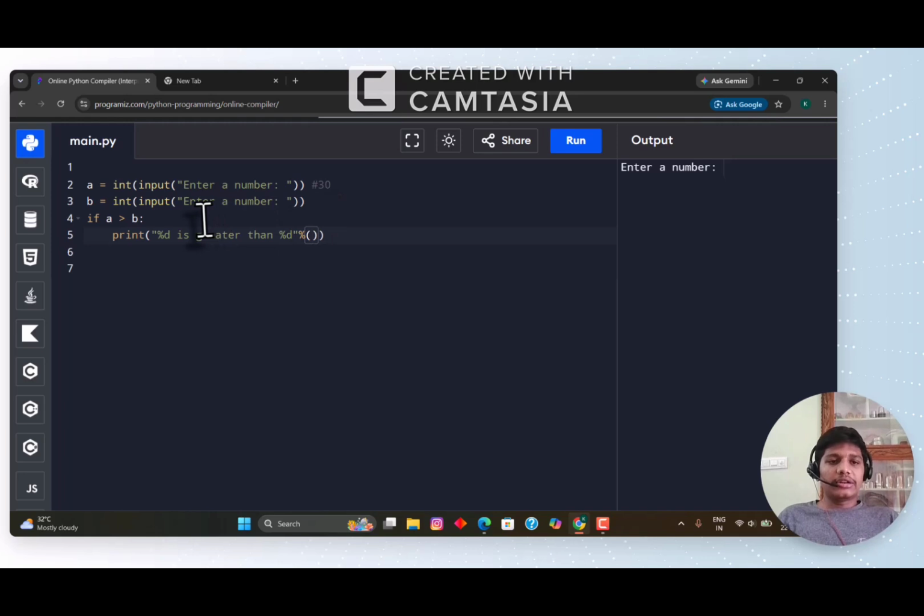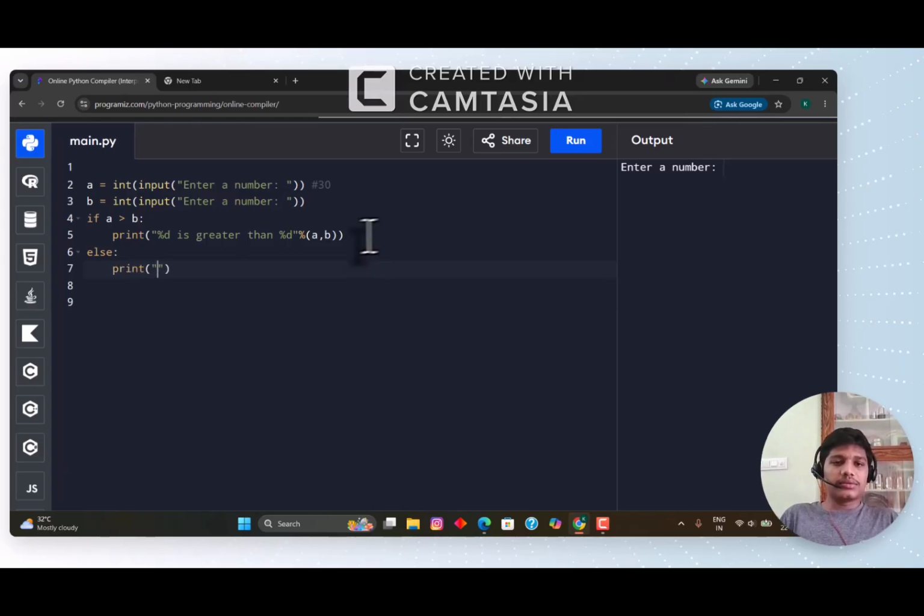In the before session I explained this, in the first session. So here A is greater than B, A comma B. Okay. And else, if that fails, the condition will fail, print